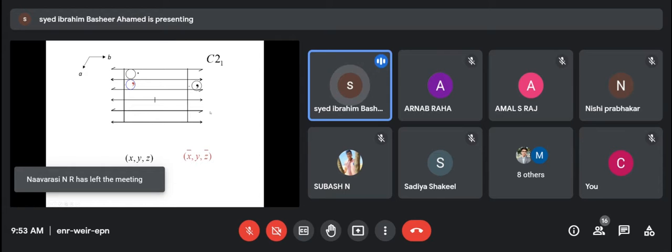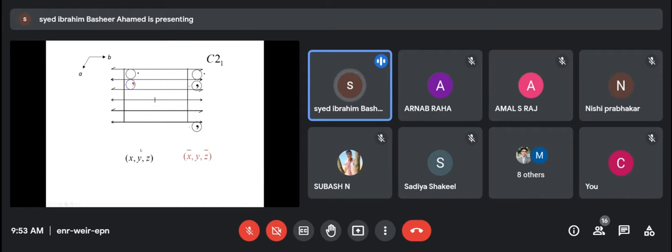Now we will finish off these surrounding molecules. Here you have put the equivalent molecules and corresponding signs. Since it is a C center, one molecule will come over here at the center. The equivalent equation, we are sure, is x plus half, y plus half, z, because it is translated along the x and y axes respectively, not along the z axis. So we have x plus half, y plus half, and then z.